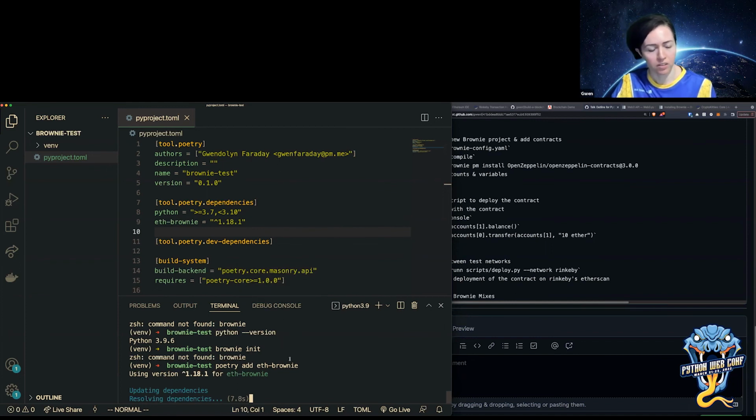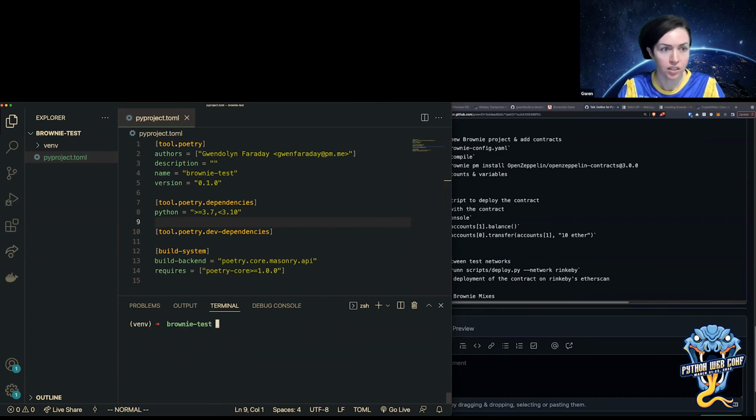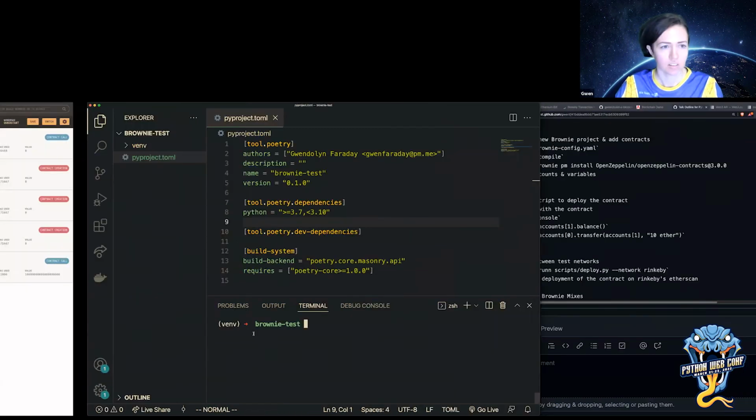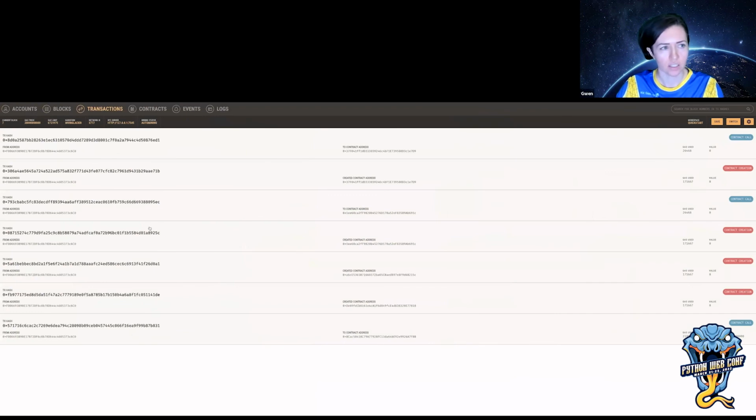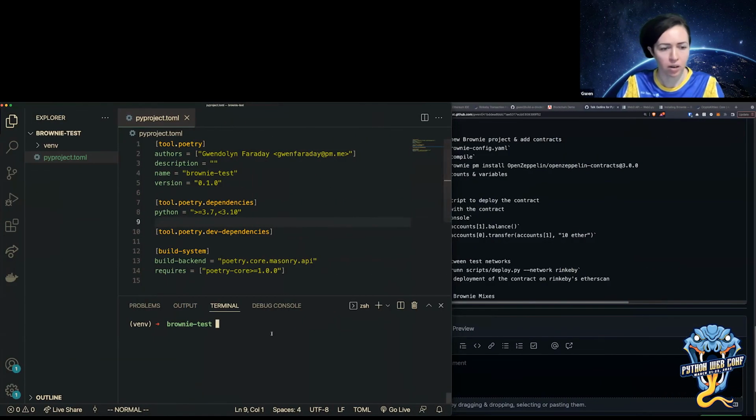All right. There are a couple other dependencies, so I might as well. Oh, that finished quick. Okay, so there's another dependency that you'll have to use with Brownie, and that's Ganache CLI. There's the GUI version of Ganache, which is really great for just quickly viewing things, but they also have a really powerful CLI.